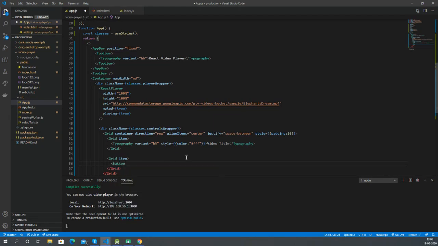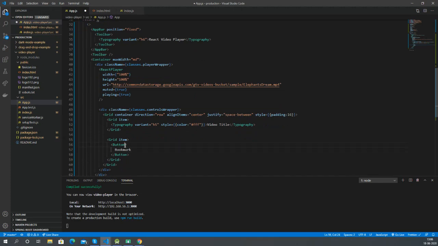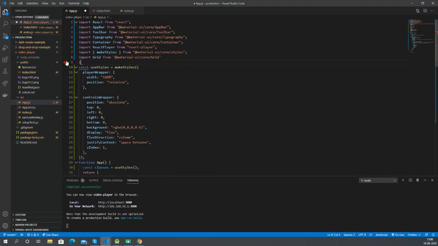This is the button that is being used for the bookmark. So this will have both icon and text in it. Let's give the variant as contained, and for the color we'll give it primary color. We can specify a start icon that will be at the start of the button. So this start icon will be the bookmark icon. So we can import the bookmark icon from Material UI icons.